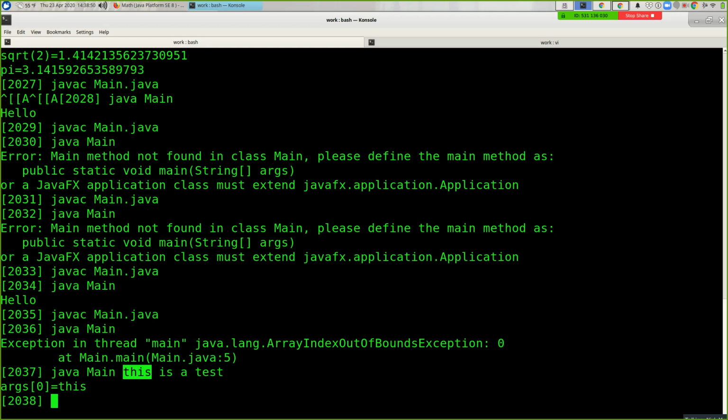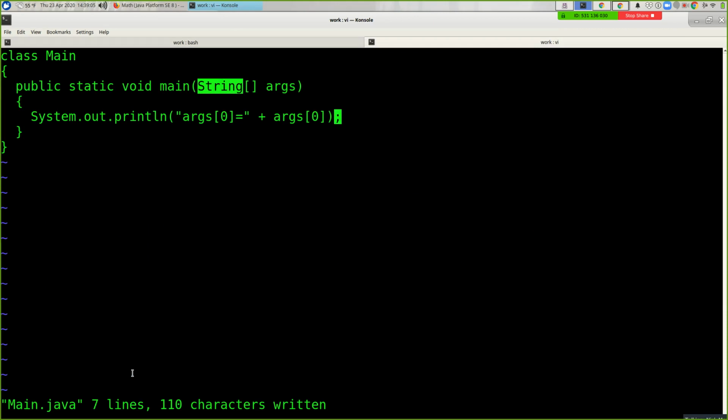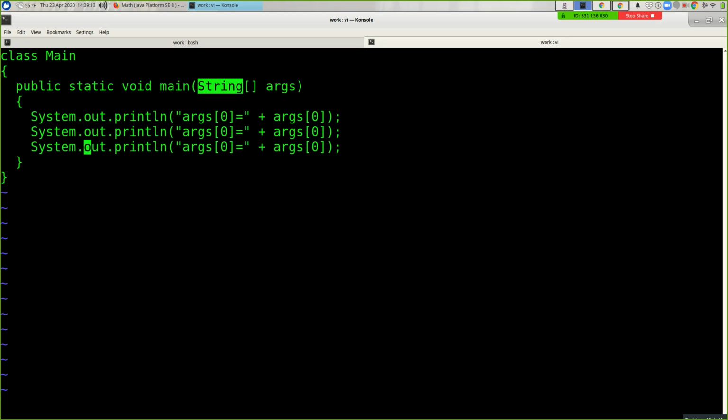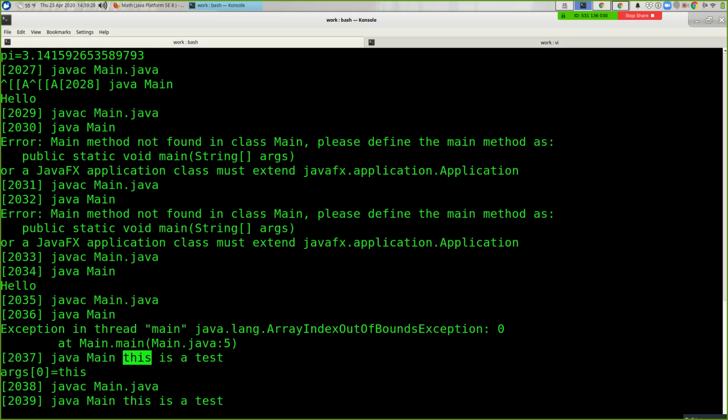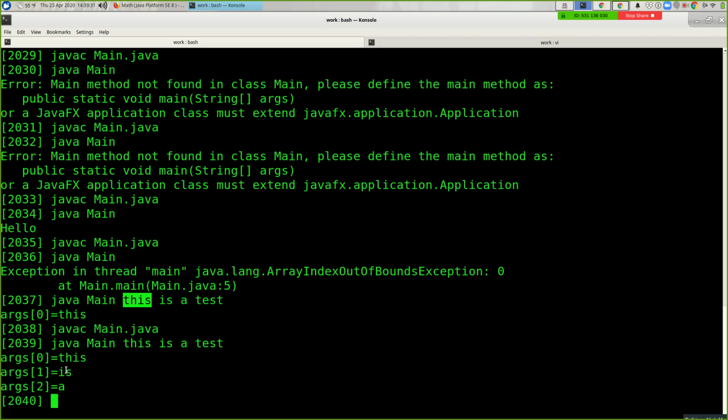So args is an array that corresponds to each word, or space separated string, that I put after java main. This is exactly argv from C, right? args[0] is like argv[0], except we don't get argv[0] being the name of the program. It's actually just the first argument that we specified. So I could put a few more of these in here, like this. And now if I run this, arg0 is this, arg1 is, arg2 is